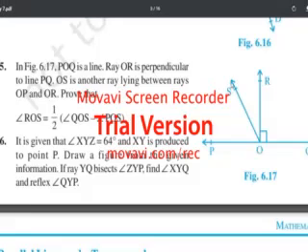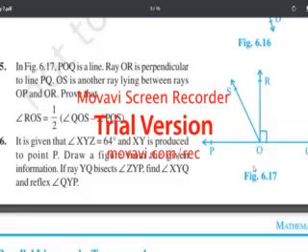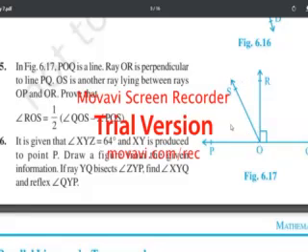We can simply write that angle ROS is equal to 90 degrees minus angle POS. Yes. Then in place of 90 degrees we can write angle QOR. You can write ROS is equal to angle QOR minus angle POS. Now in place of 90 degrees comes QOR. Then on both sides we will be adding ROS. ROS plus ROS is equal to angle QOR plus angle ROS minus POS.